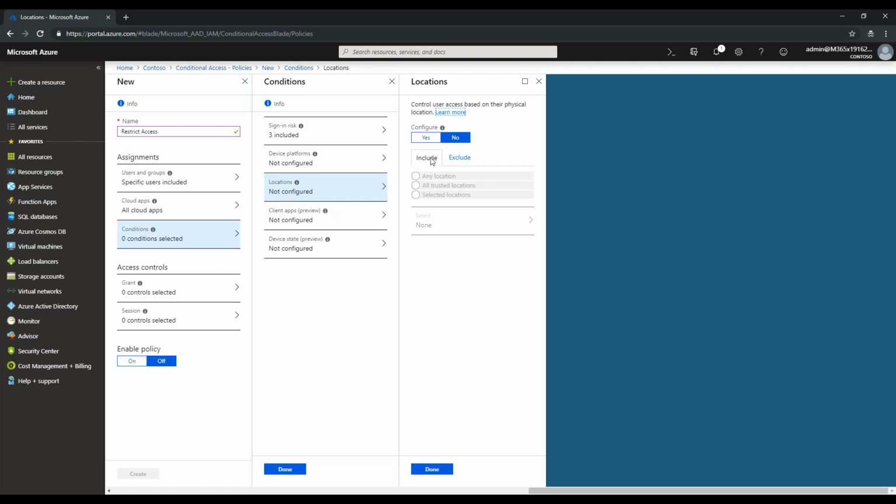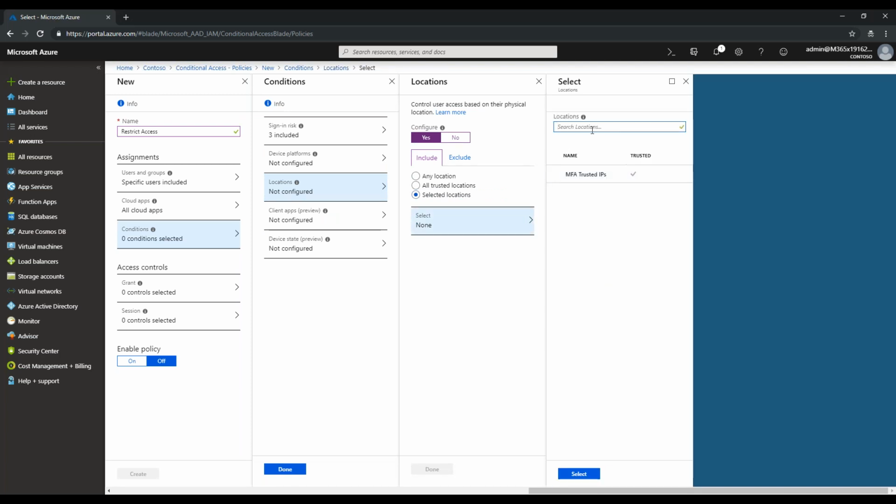Similarly, you have the location. You can configure the trusted location. You can configure any location. You can even select the locations by providing the name of the locations. You need to configure the locations first.